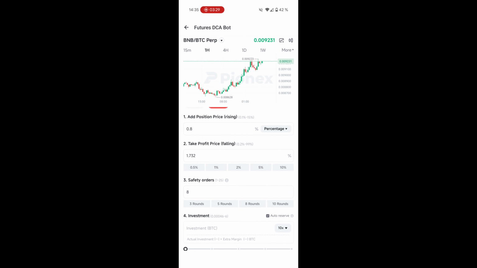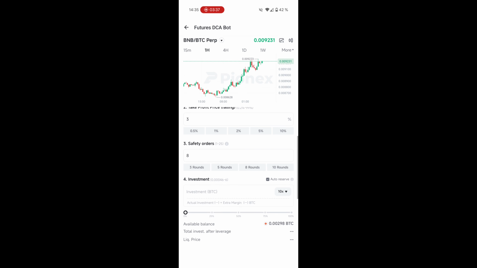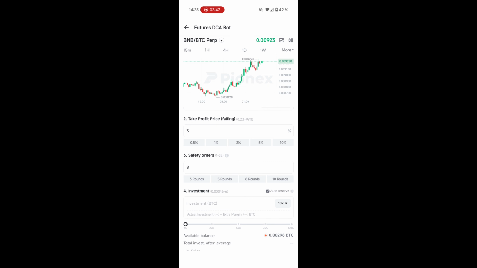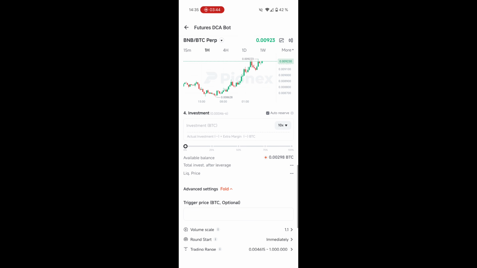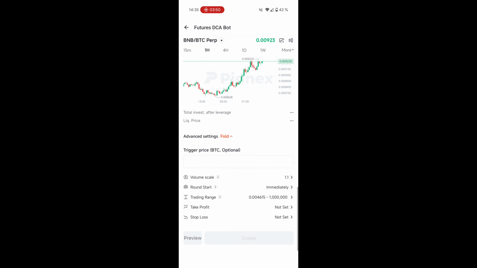The next few ones are the safety orders. We will get to them later on, but let's open up the advanced settings. The most important one for me is volume scale. I really like to reset it to 1. What does volume scale mean? It is currently set to 1.1. It's like a multiplier. So the first sell, as we are going short, would be, let's say, 100.